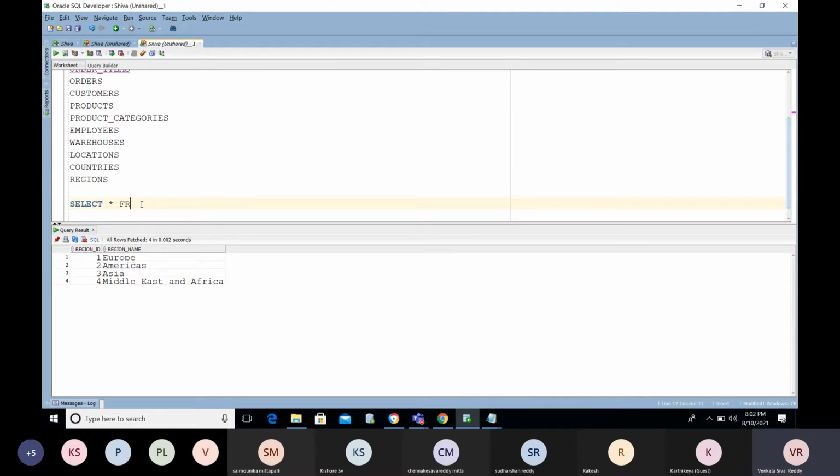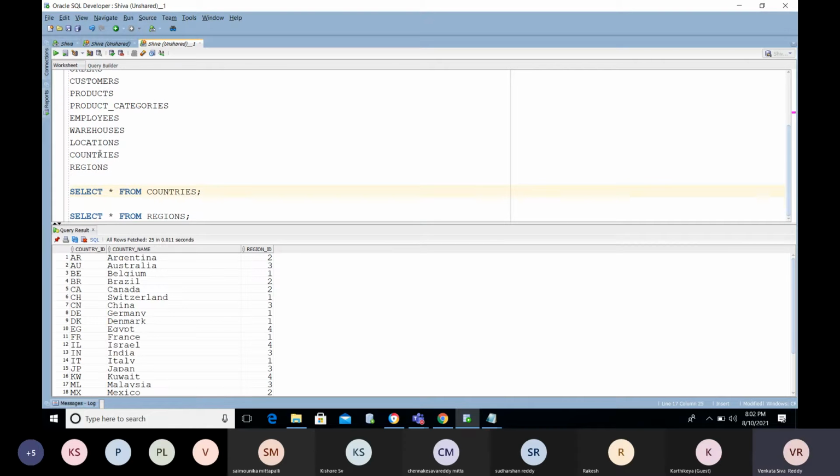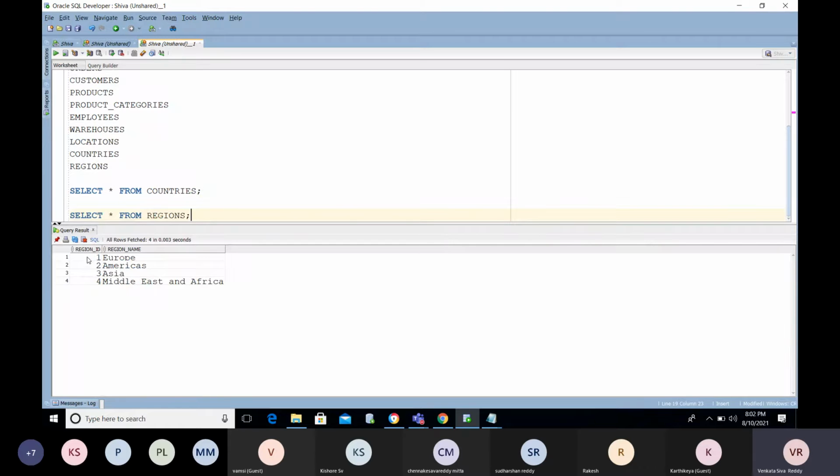Okay, first we need to understand the relation between one table and another table. You need to have a common thing, some relation between these two tables. If you understand that, then only will you be able to get the data you are looking for. Now if you see the countries table, we have the country ID, country name and the region ID. So this region ID will have some relation. You have the exact name here, maybe like region also. The column name may differ.